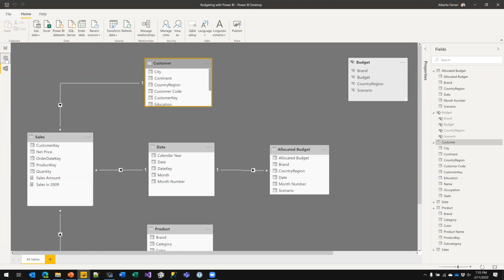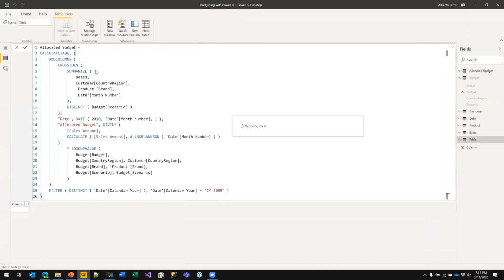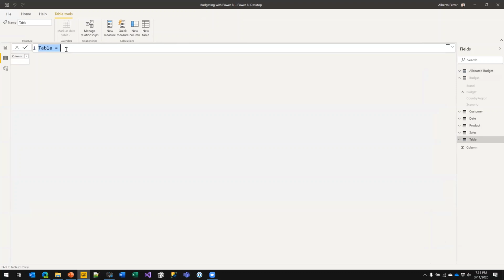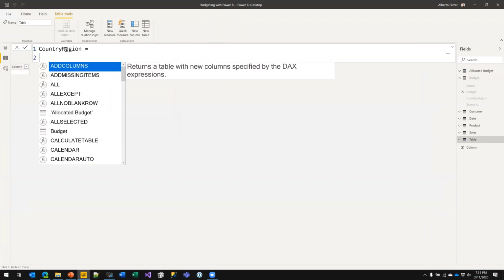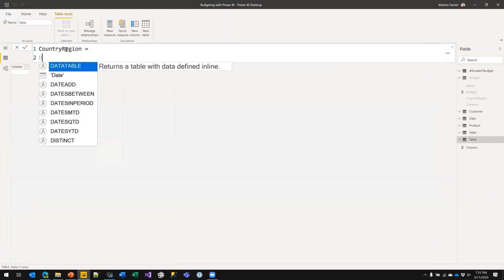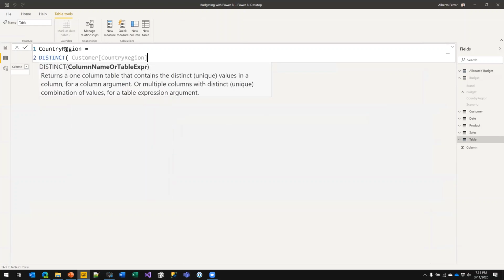So we go again in the model tool, we create a new table. This time there's no need to use DAX Studio because the code is very simple. We build a table, country regions, singular with everything else, where I can just take the distinct values of customer country region.